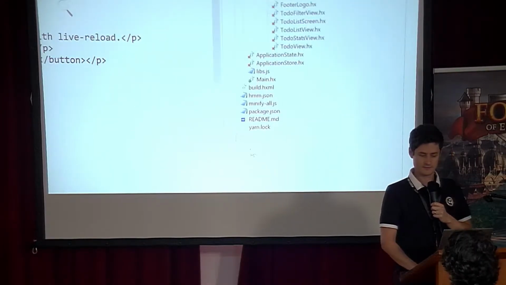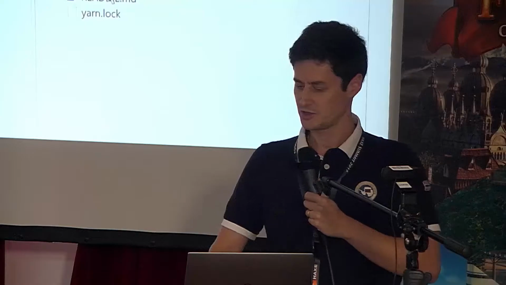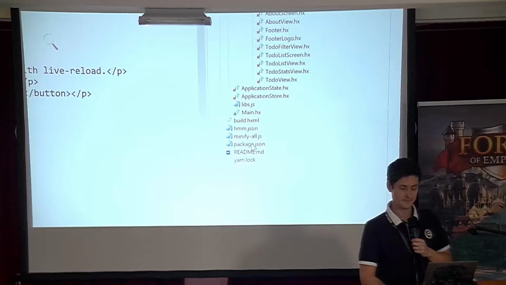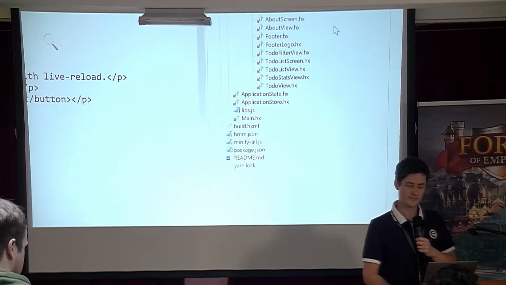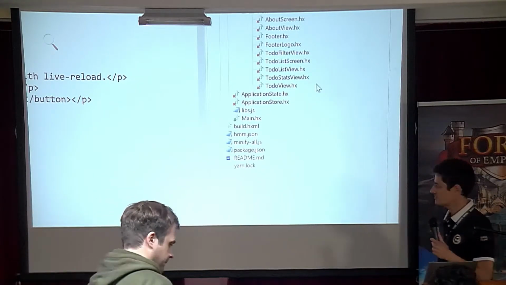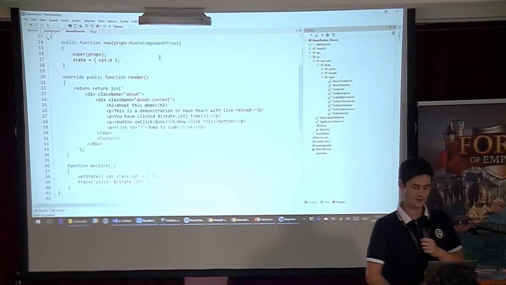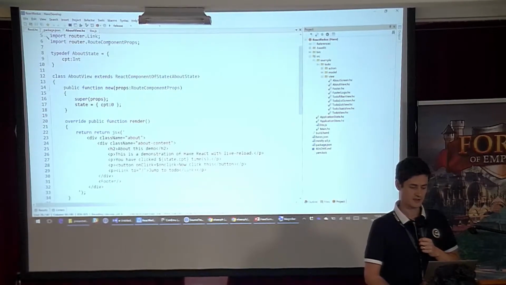Right, so that's the project structure. So you have a build HXML, you have the package JSON because we're using React and other libraries from NPM. And it's using Haxe Modular. This one is using Haxe Modular to work. So it's a bit of a silly example, obviously, but